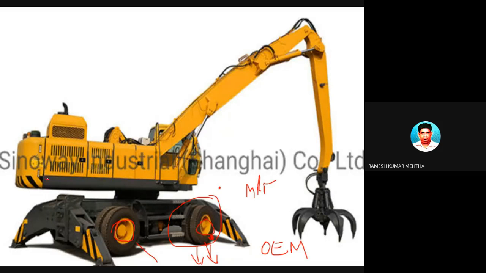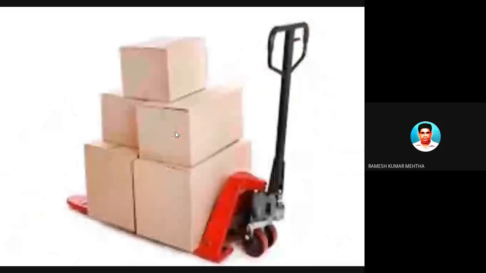And look at the machinery. Okay, this is called hydraulic something, we call it. I'm not a mechanical engineer, but I just wanted to show you the different aspects related to material handling equipment, warehousing, and other stuff. So you might have seen this kind of material handling equipment with wheels. You can see them.